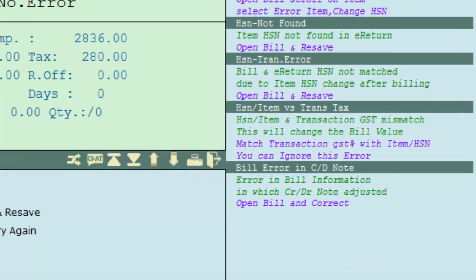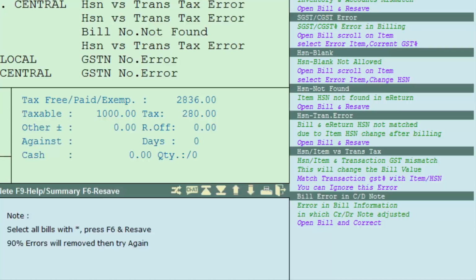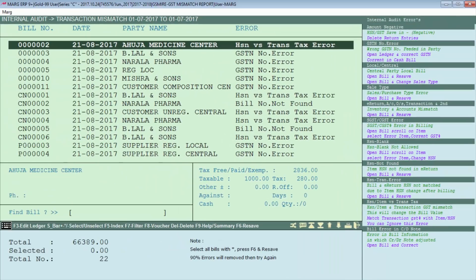Next error is HSN item versus transaction error. This kind of error is shown against those bills in which there is an item whose tax percentage is different in the item master and in the same bill of the same item its tax percentage is different.